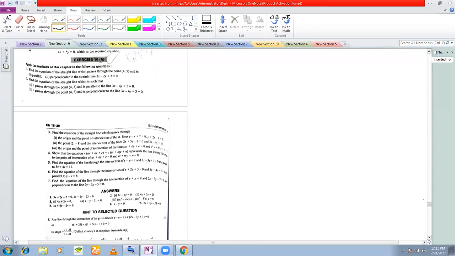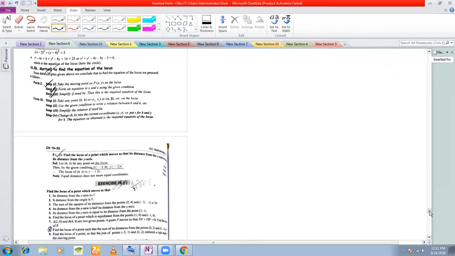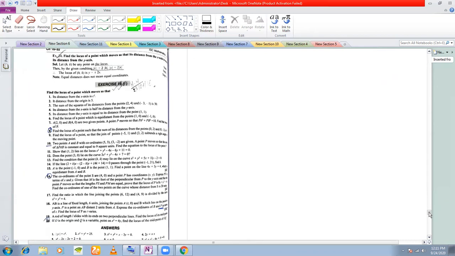Now, before I proceed to circles, there are two problems that I would like to do from locus. Although for your purpose, understanding of locus is not too important because you will not be doing parabola, ellipse, and hyperbola, still, two problems would be sufficient. But for circles, you will require a little idea of locus.